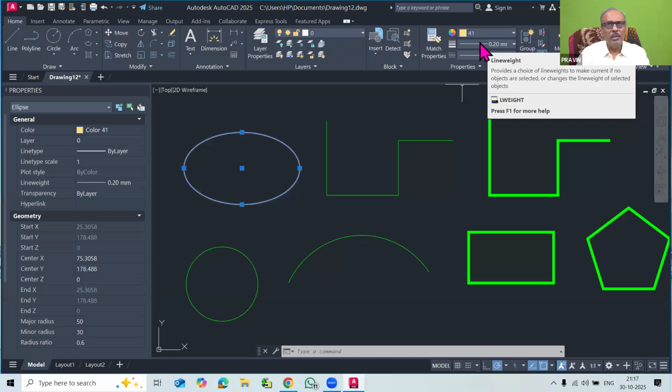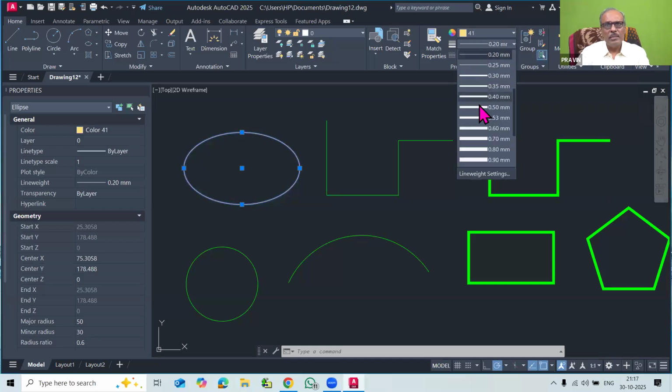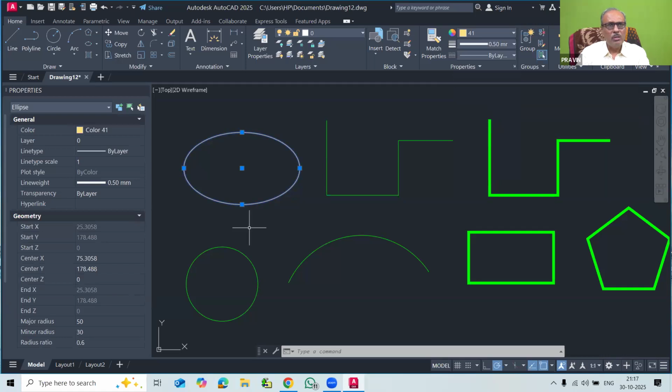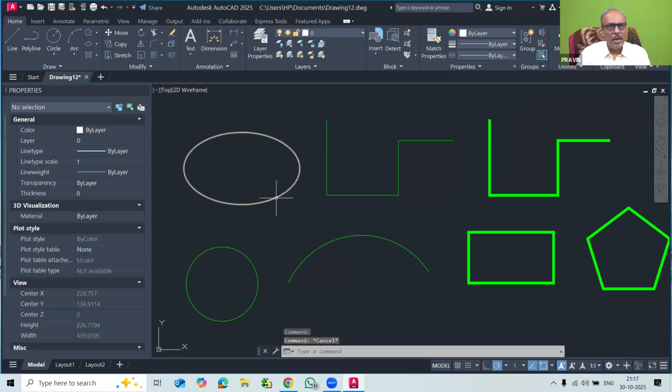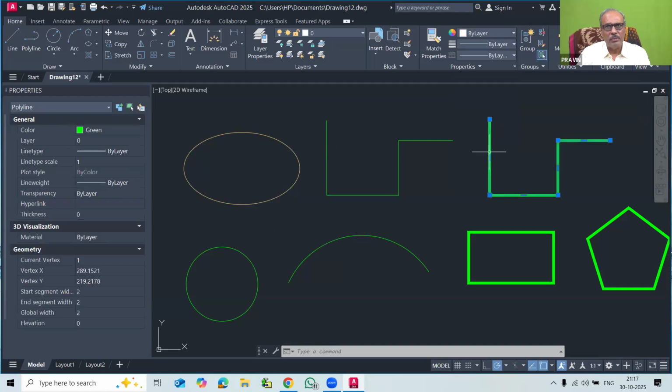So line weight you can increase. Suppose I go here to 0.50. So this is now the thick line having a line weight of 0.50. But that is not appearing here. Look, the line's thickness is this, but line weight is a different thing. So this is not appearing here. For that you have to see whether line weight display is on or not. Whether line weight should be visible here or not depends on whether you have kept it on or off, so then only you will see it.